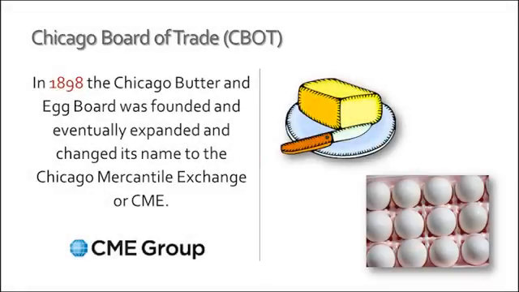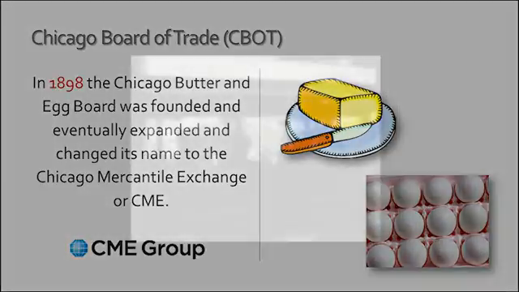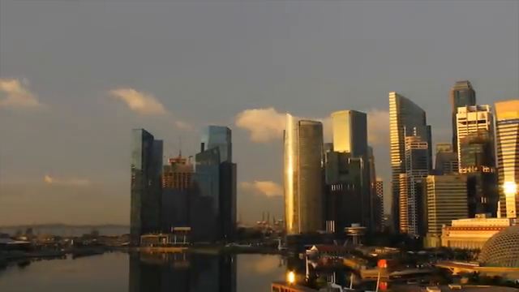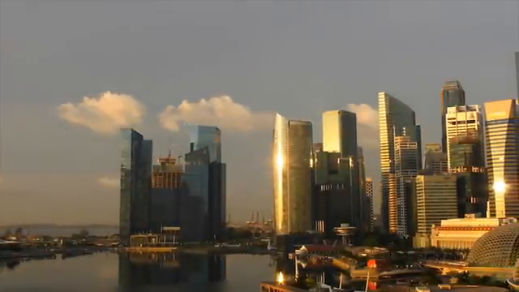In 1898, the Chicago Butter and Egg Board was founded, and eventually expanded and changed its name to the Chicago Mercantile Exchange, or CME. The expansion was inspired by a number of minorities, like Armenians and Jews, who were not allowed to become traders at the Irish-controlled CBOT, but were eager to trade more than just butter and eggs. In 2007, the Chicago Mercantile Exchange had grown to become the largest futures exchange in the world and bought the